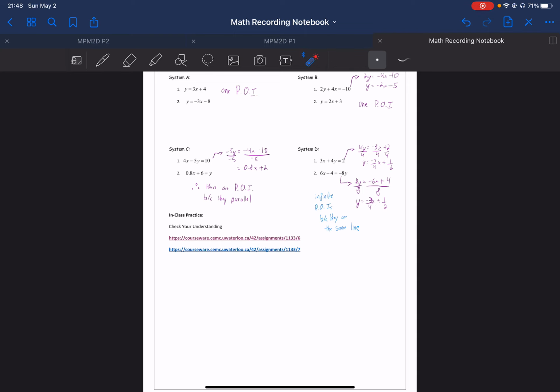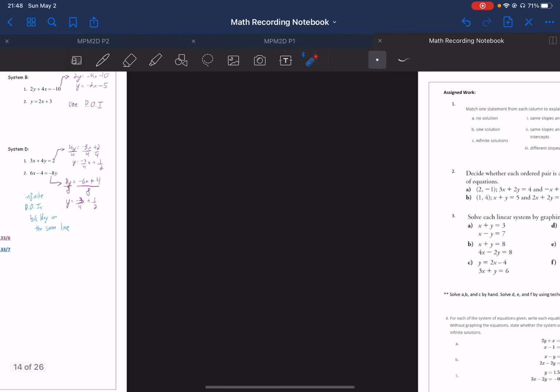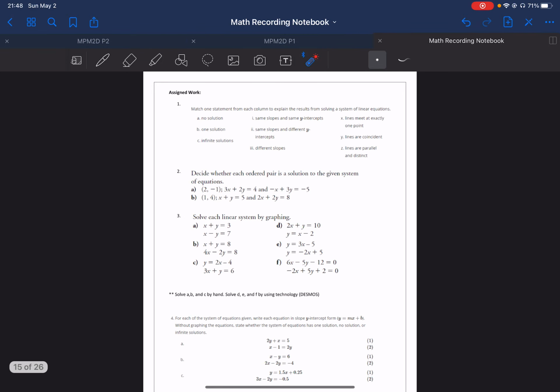So these are some practices you guys can go over. Again, just click them on the document and you'll be good to go. And here's your assigned work. So you're going to be matching the statements, figuring out which ones of these connect,